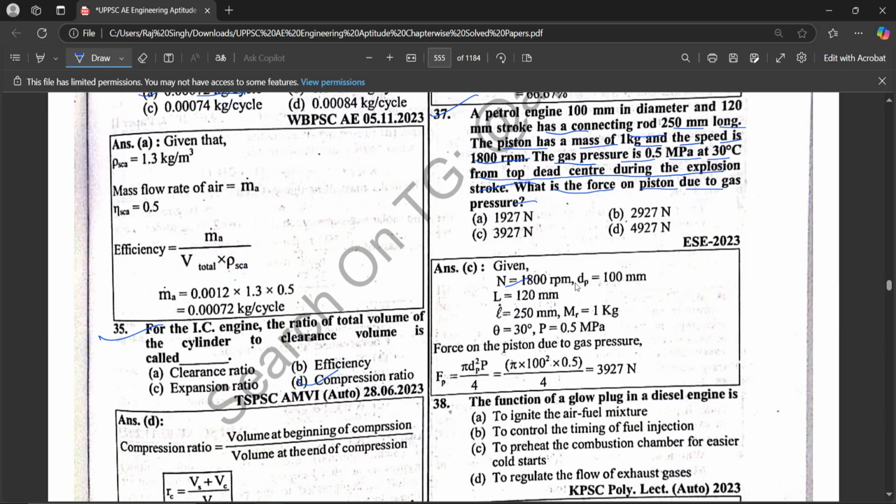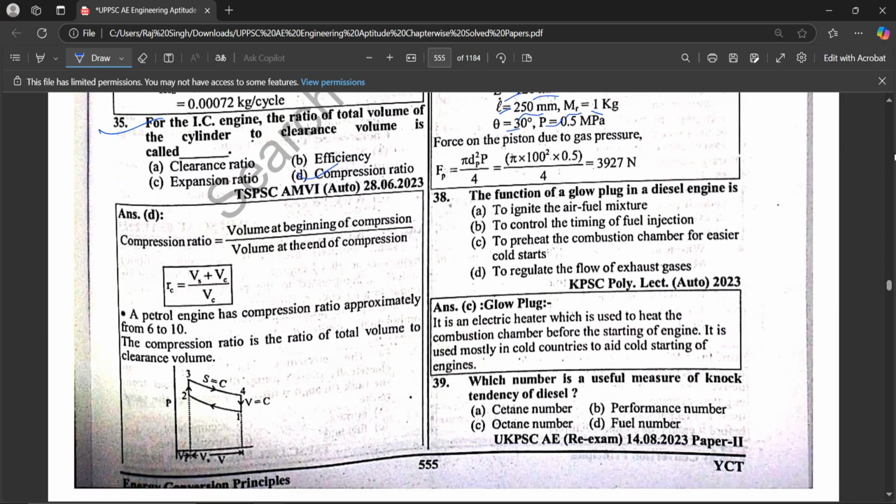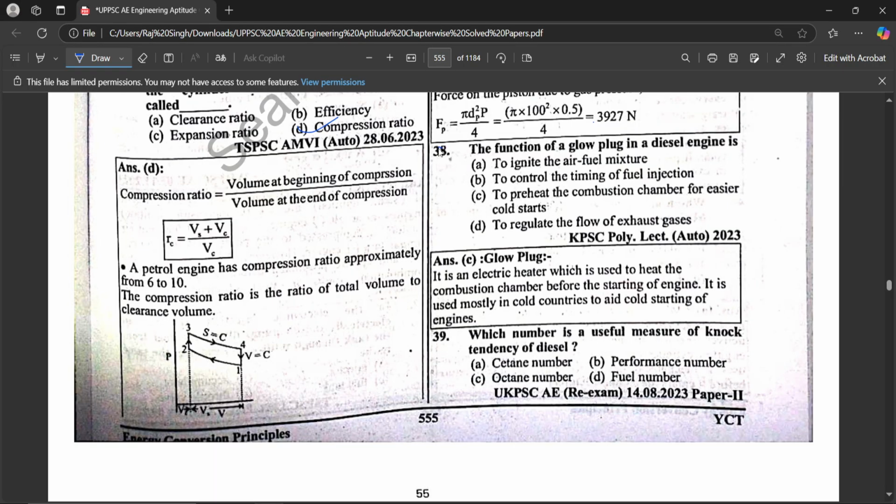So N is 1800 rpm, dp is 100 mm, L is 120 mm, connecting rod length is 250 mm, M is 1 kg, theta is 30 degrees, P is 0.5 megapascal. Force F equals P times pi dp squared divided by 4, which is 3927 Newton. The function of a glow plug in a diesel engine is to preheat the combustion chamber